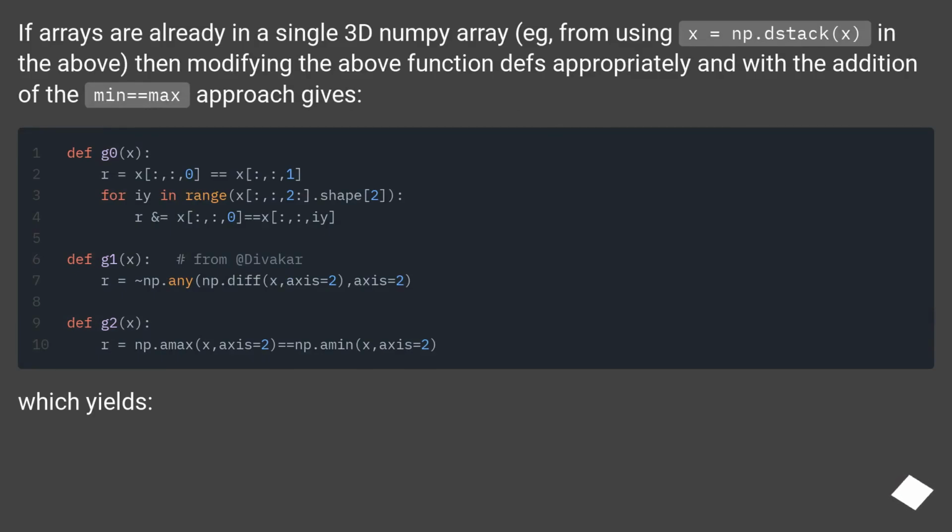If arrays are already in a single 3D numpy array, e.g., from using x equals np.stack x in the above, then modifying the above function defs appropriately and with the addition of the min equals max approach gives. Which yields